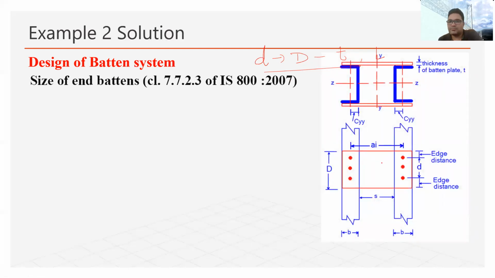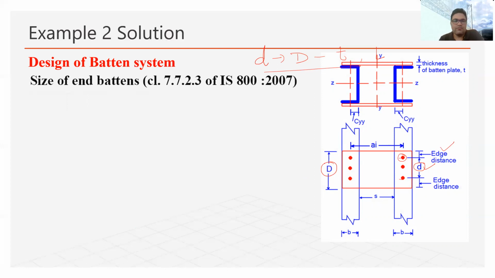In this case, first we will find out the effective depth, which is basically the center to center distance of the group of bolts, from the extreme bolt to the other. This is the D value. One more thing, we have to assume the diameter of the bolt here. Then only will we be able to identify the value of D and the edge distance, and then find out the overall depth of the baton.